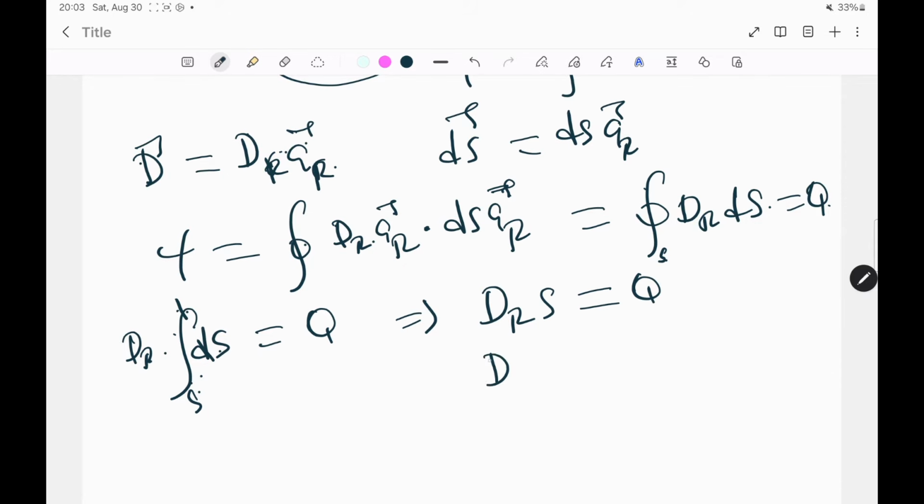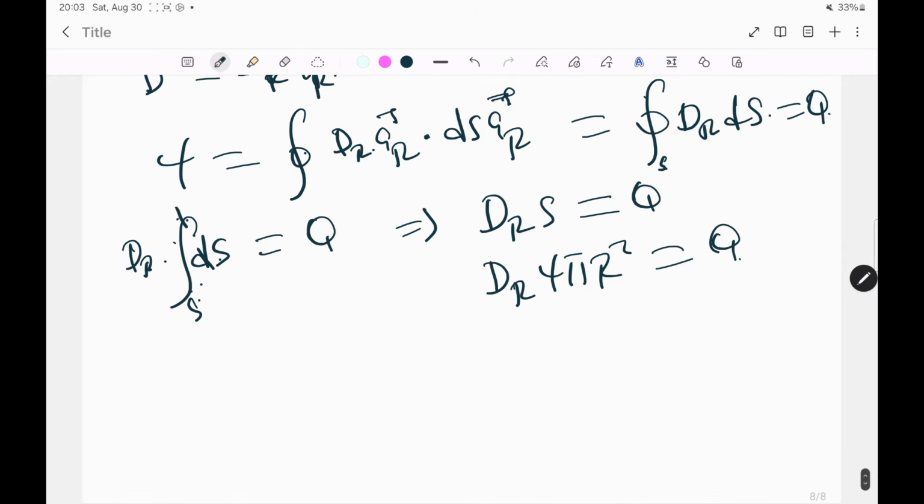The surface area of a sphere is 4 pi r squared. So this equals the charge. So the magnitude of the electric flux density will be equal to charge over 4 pi r squared. Now that we've gotten the magnitude,